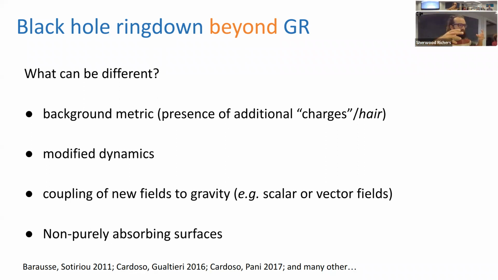The way the equations are built, they have some additional interactions that are modifying how the gravitational waves are produced and emitted. And then there can be new fields that are coupling to gravity, for example scalar or vector fields, that can interfere in the production of gravitational waves. And then also